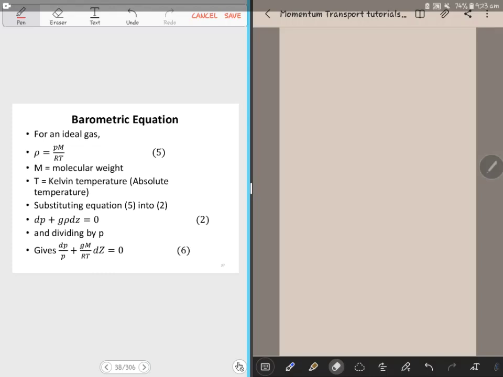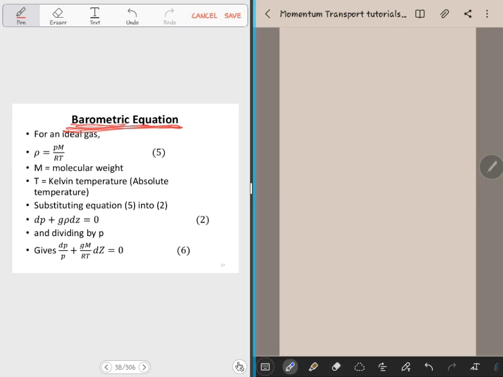So the other time we were doing the hydrostatic equation. This is a special kind of the hydrostatic equation, but in this particular place we are talking about pressure difference. So we see the barometric equation. Then we got to a point where we're talking about the hydrostatic equation, and we said that we have